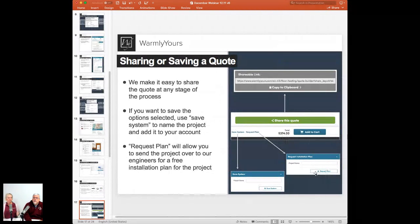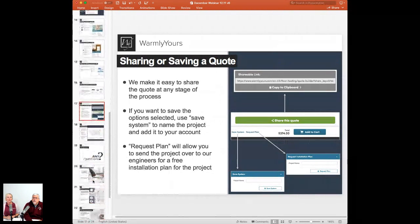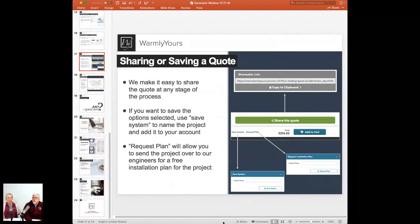This is where you want to save this information. You might want to share it with your professional or your client. So we make it easy for you to do that. You can save that quote. You can share it. You also, clearly, have your price. Once you put together the cost of the floor heating, then you add the cost of the controls and any of those accessories that we talked about, you get that bottom line price. You can just purchase it right there, add to cart. Again, if you're a pro, make sure that you have an account so you get your trade discount. But you can definitely share it, save it,